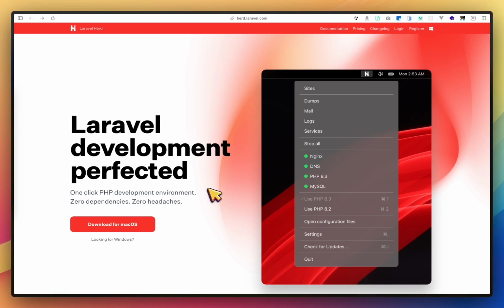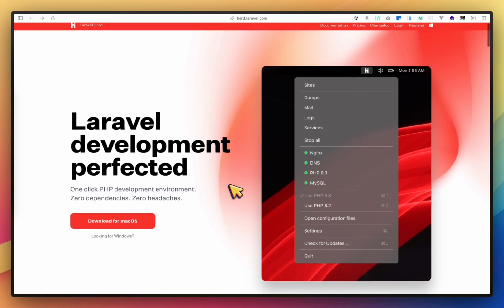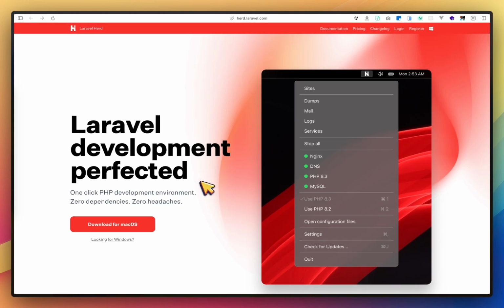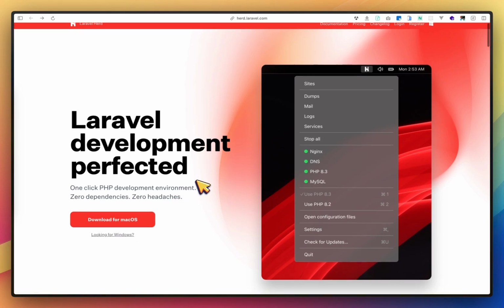Today I will show you another tool, but this is for PHP or the framework Laravel. And why I create a new video about Herd. Previously I created a video about Herd in the oldest version, but the new version of Herd is very simple, and Herd is already available for Windows too.